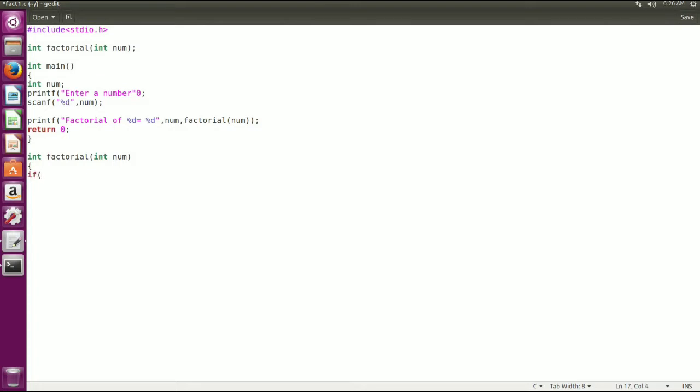So I will use an if condition for that. If num is greater than 1, it will not be 0 or any negative value. Sorry, it should not be n, it should be num. Then I will return num star factorial of num minus 1. Sorry again, this should be num. Else